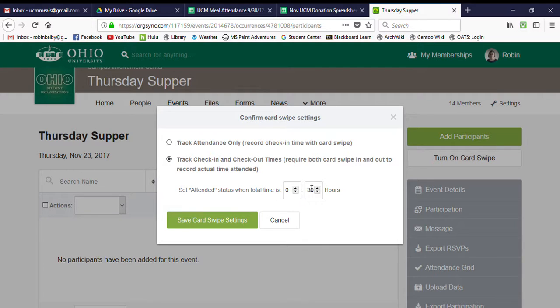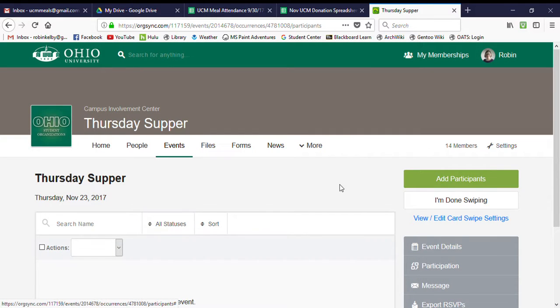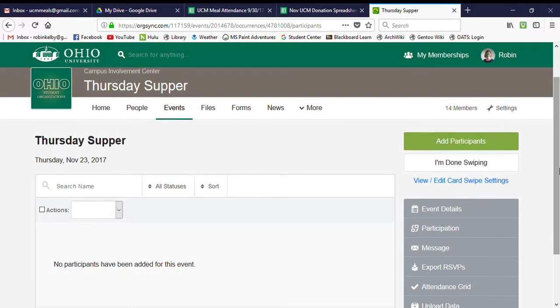And this option down here basically just says that whenever somebody swipes in and swipes out, it will give them an attended status when the total time is input here. I usually leave that at half an hour. That doesn't particularly matter. So I'm going to save the card swipe settings, and you'll see here that the option is turned to I'm done swiping. At the end of the night, you can click this button in order to stop